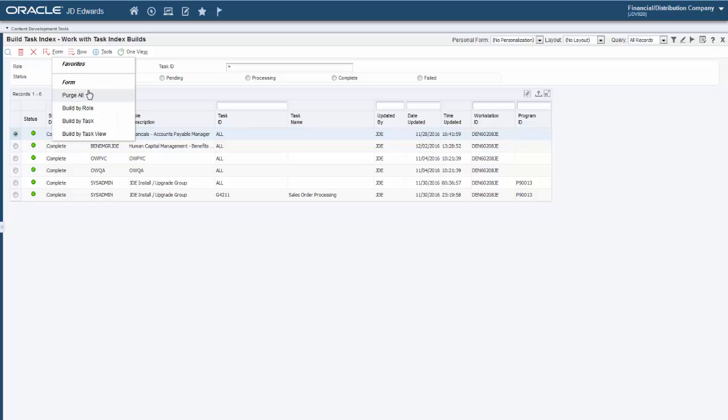Let us start with the first use case, Purge All. A system administrator can choose Purge All to clear all the task index records. Next, let us build a task index for a particular role. There are two ways to build a task index. A system administrator can build a task index for a role by using the Work with Task Index Builds application,